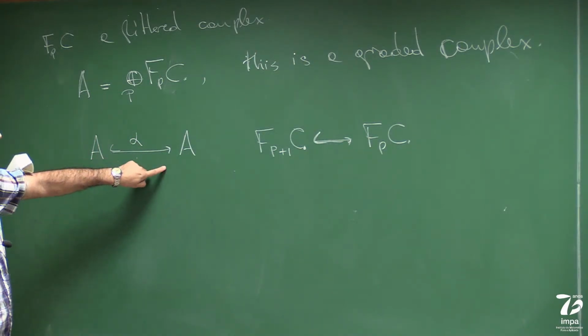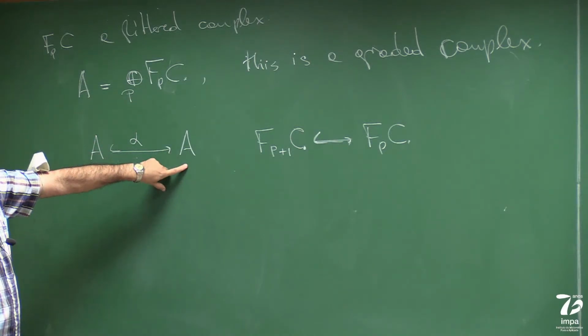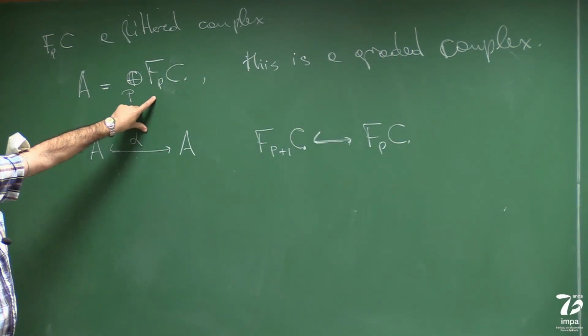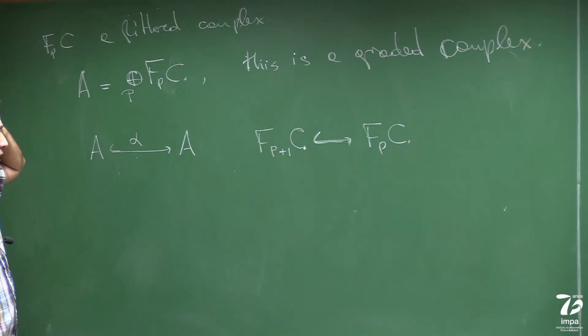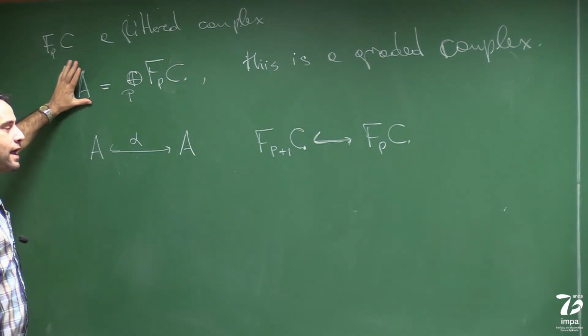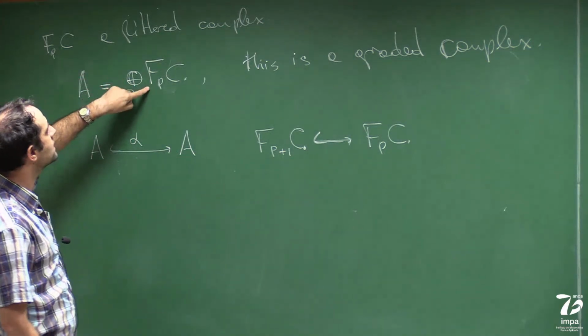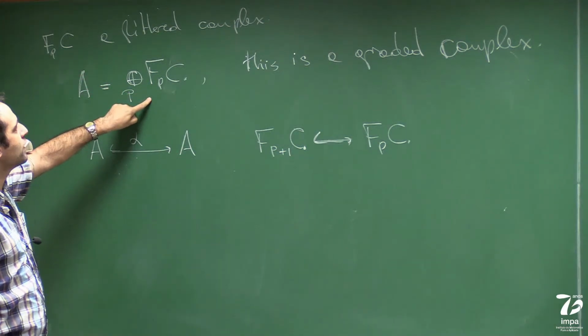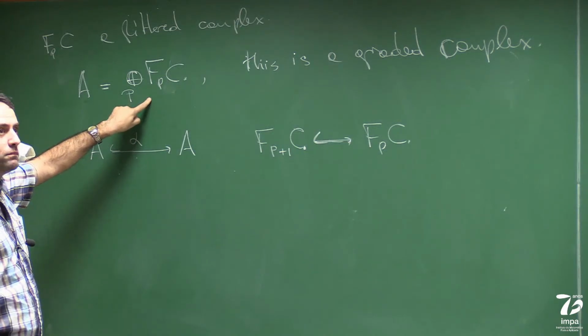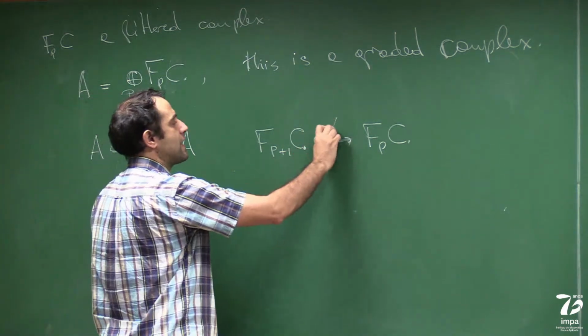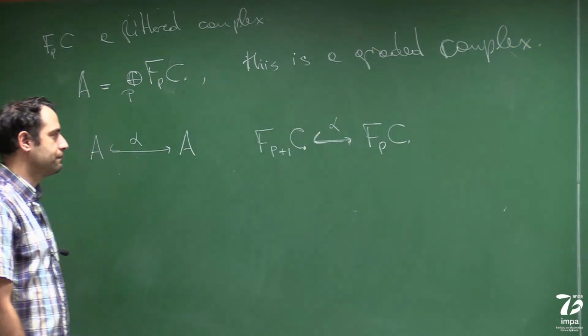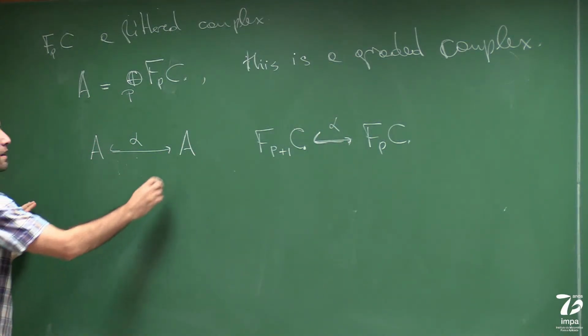So this alpha, it's not a graded map on A. It decreases degree by 1. But I don't care about the grading in A. The important thing is that it's this very large thing, and then the summand of degree p is included in the summand of degree p minus 1. And that inclusion, I'm just denoting it alpha. So this is an injection, and then,